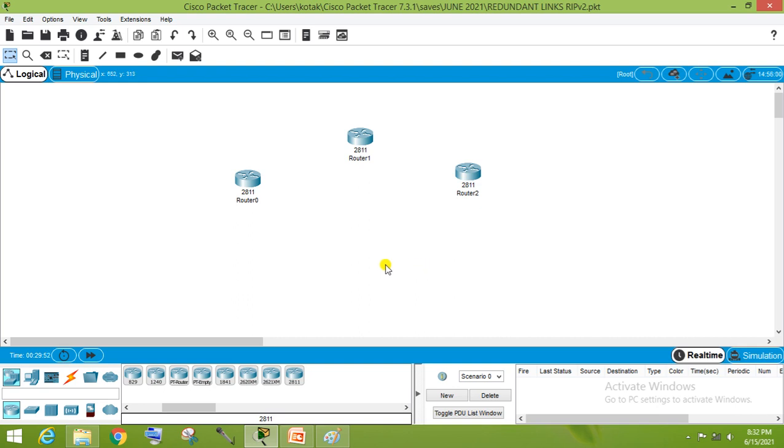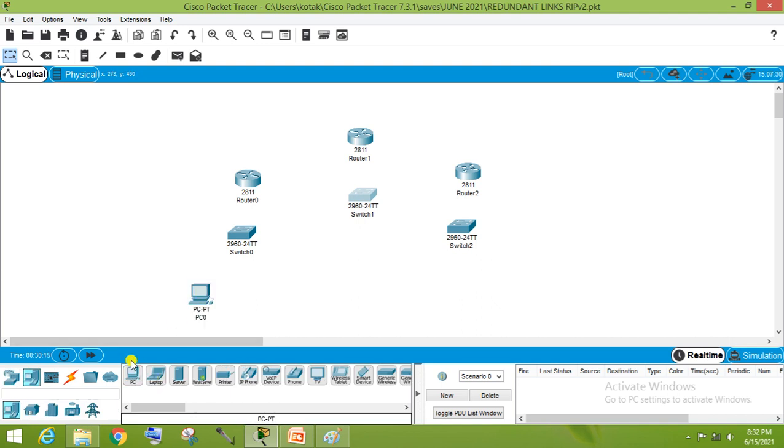I have taken 3 routers and 3 switches. First I am making a topology.